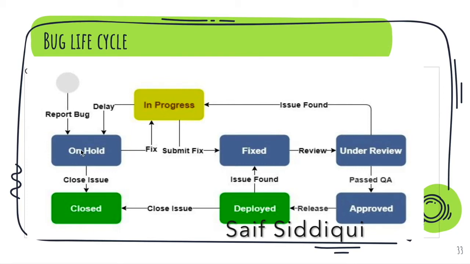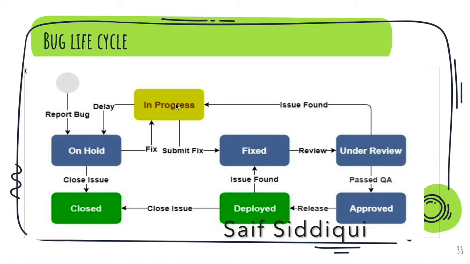Once a bug is reported by the user or the tester, it is kept on hold. It is reviewed, and if the bug is valid, it is moved to in progress. Otherwise, it is closed. The decision is taken by the stakeholder, maybe the product owner or the business analyst, on whether the bug is valid or not. Invalid bugs are not causing any major impact on the application under test, or are not directly related to the requirement of the acceptance criteria.